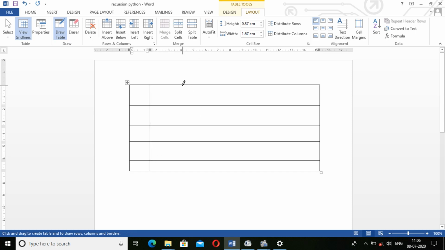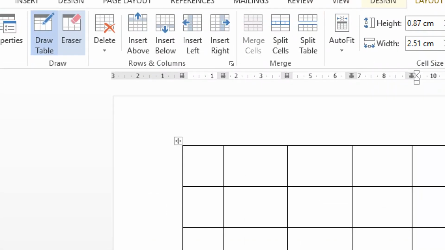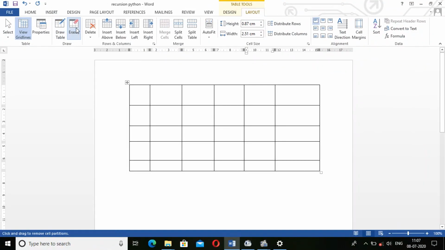Now it is totally up to you how you are making the rows and columns, or you can say how you're making the cells. It depends on you, like the way I am making. One more option we can get in this Draw Table is called Eraser. We got an eraser here. See, eraser. Now just click on it and I got the eraser. Now I want to delete any line, so I can do that this way.